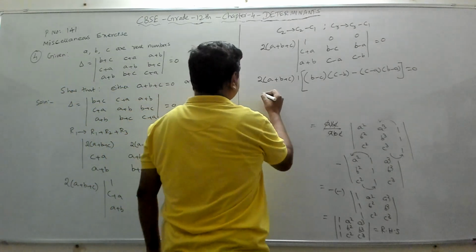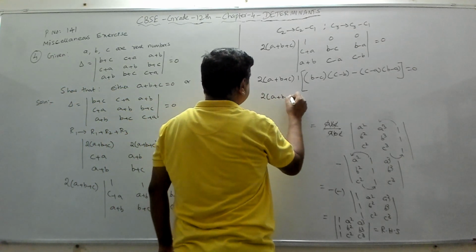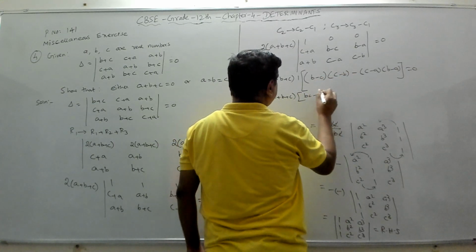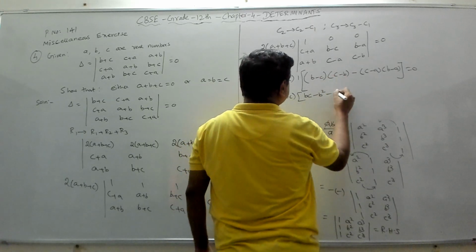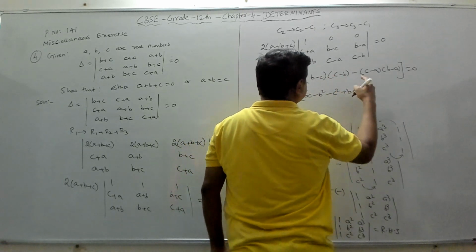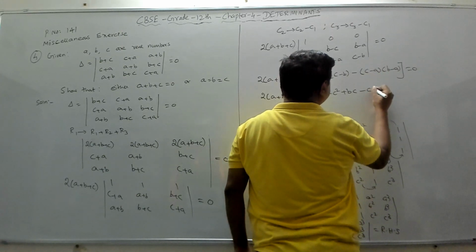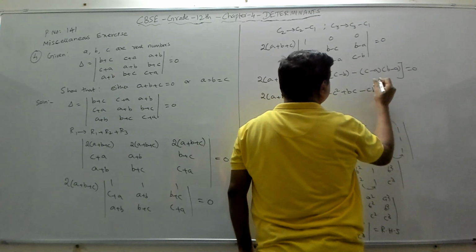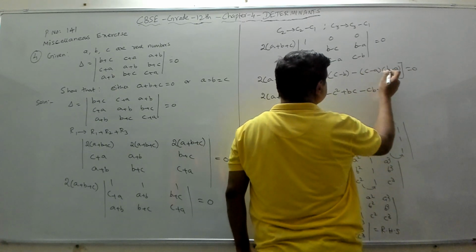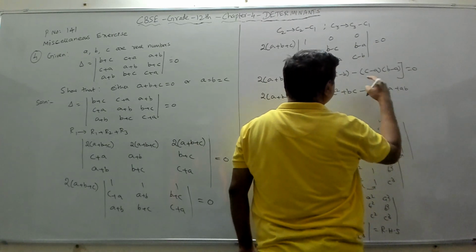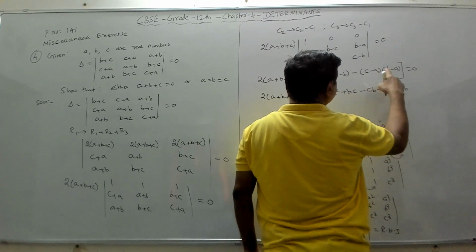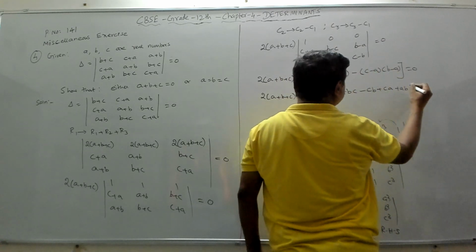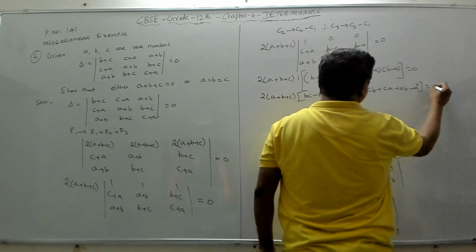Now if you do this, what do we get? So 2 times a plus b plus c into, expand this: b into c, bc, b into minus b is minus b square, then c into c minus c square, this is plus bc, and this becomes minus c into b, cb, c into minus a is minus ca, there is a minus, so plus ca, then minus a into b is minus ab, into minus, plus ab, then minus into minus a into minus a is minus a square, there's a minus, so minus a square, equal to 0.